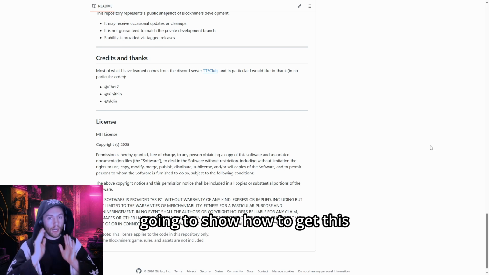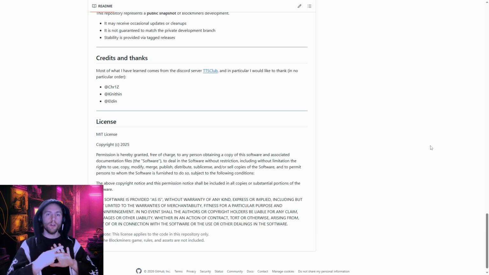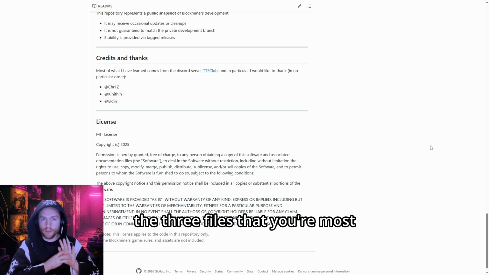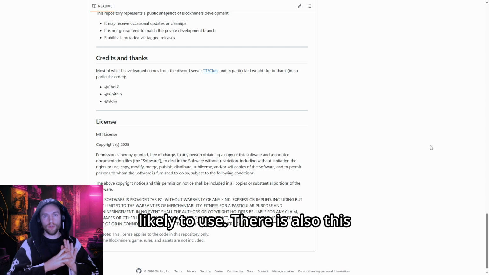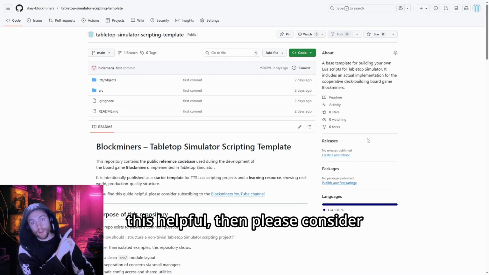Now we're going to show how to get this code, a walkthrough of how it looks when you're using this code, and then more specifically look at the 3 files that you're most likely to use. There is also this README if you prefer to read about the code,